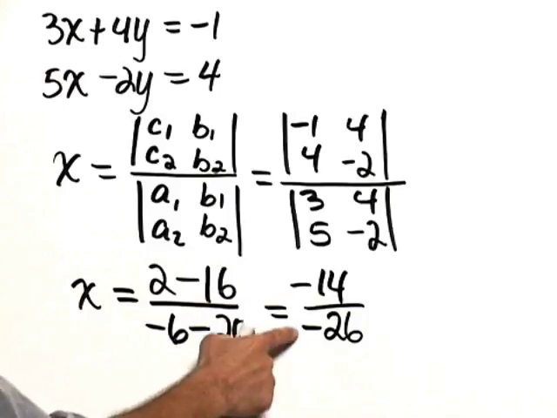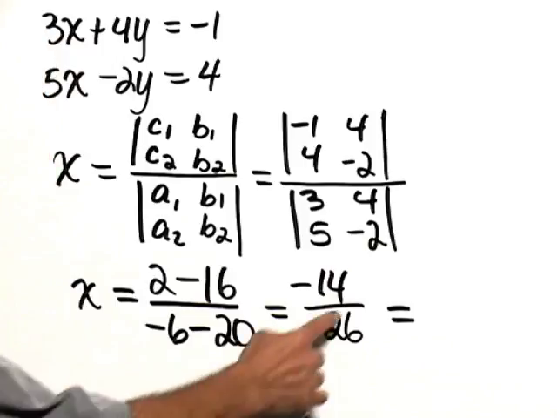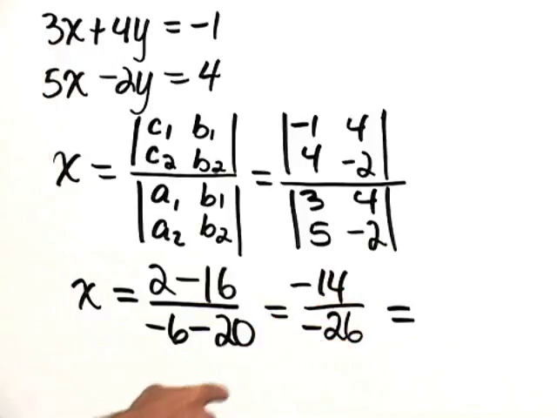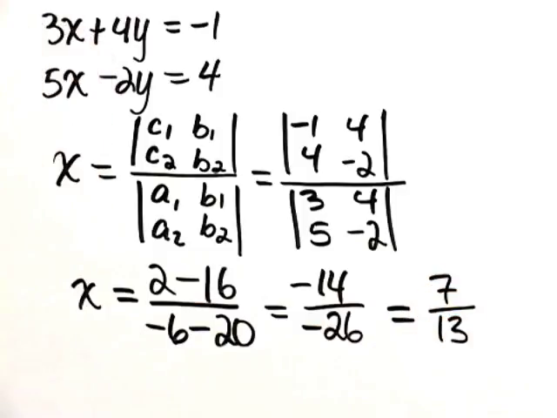When we're dividing two terms with like signs, the answer is positive. But we can also remove a factor of 2, the equivalent of 2 over 2, leaving us with 7 in the numerator, 13 in the denominator, so the value of x is 7/13. Now, we repeat the process for the